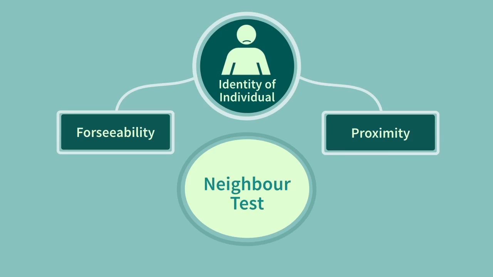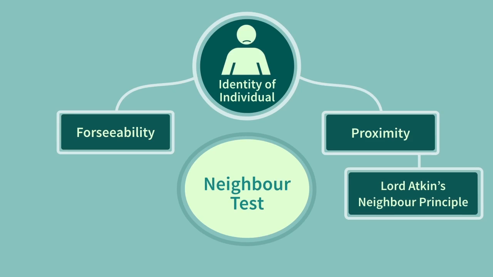Foreseeability means whether a hypothetical reasonable person would have foreseen damage in the circumstances. Proximity is shorthand for Lord Atkin's neighbour principle. It means that there must be legal proximity, i.e., a legal relationship between the parties from which the law will attribute a duty of care. For application of reasonable foresight in establishing a duty of care, see Top v. London Country Bus of 1993 and Home Office v. Dorset Yacht Company Limited of 1970.